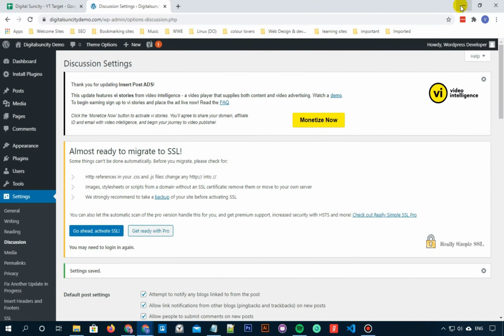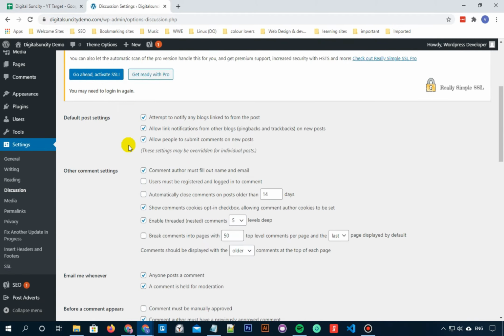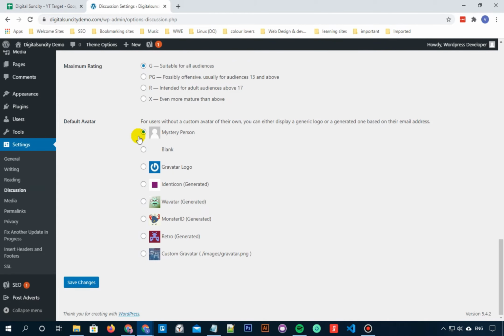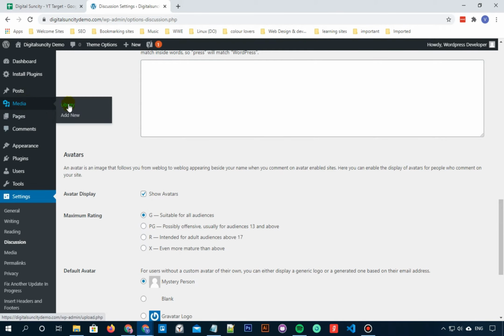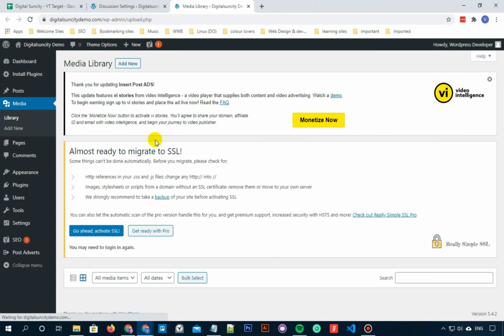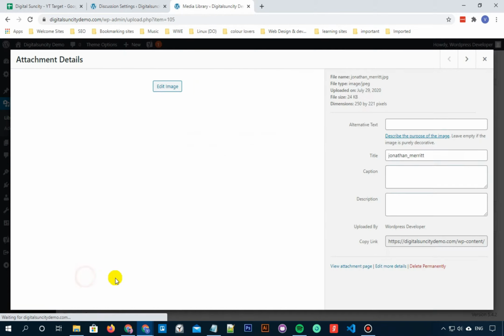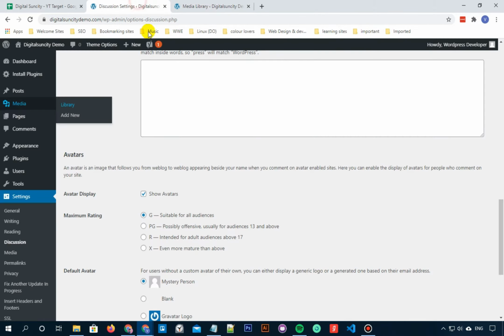First, in your WordPress admin dashboard, hover onto Settings and then click on Discussions. Now, scroll down to the avatar section. You can select from these few available choices. Now you can also upload your own picture as a custom avatar image. For this, you first need to upload the image in WordPress by hovering onto Media and then adding any image in it. For example, I want to use this image.